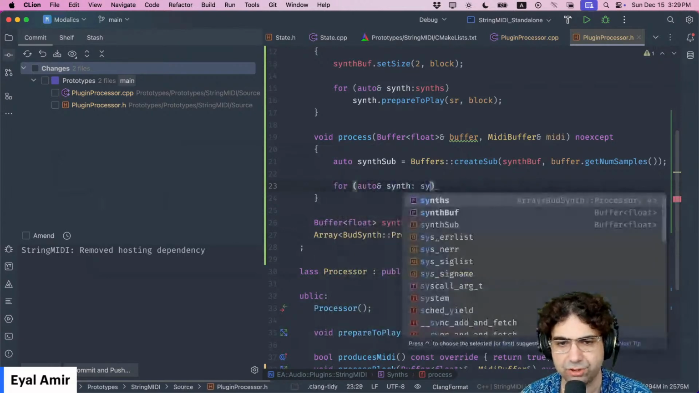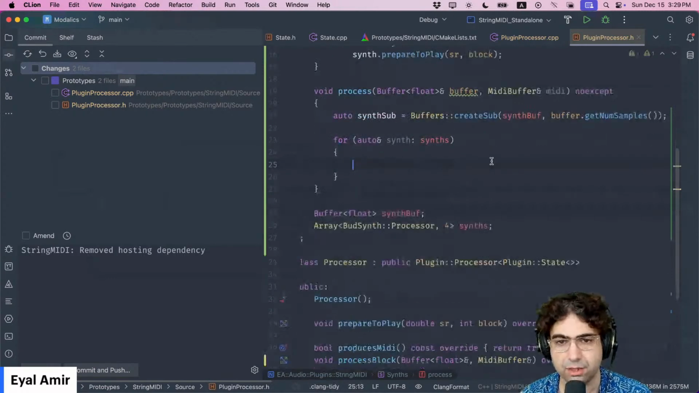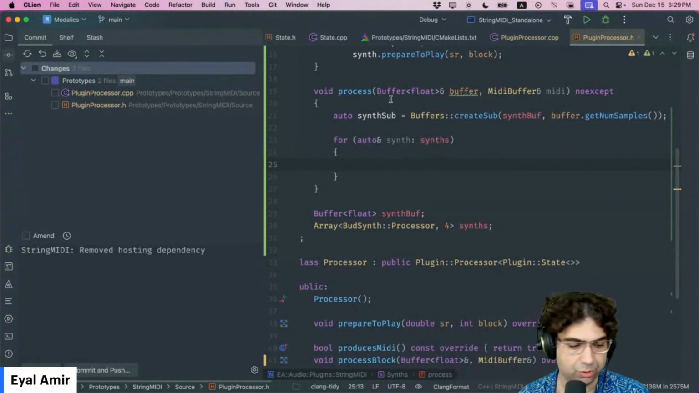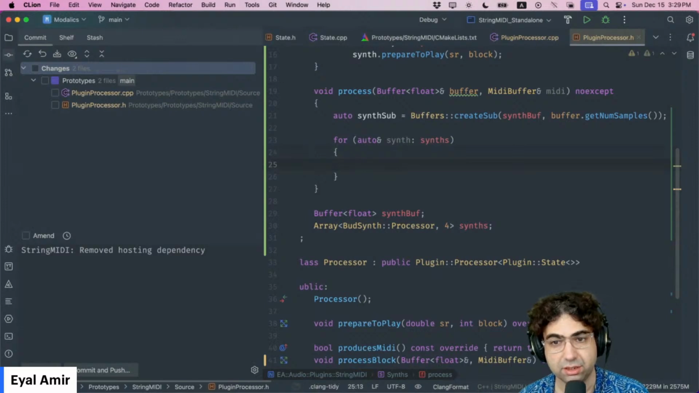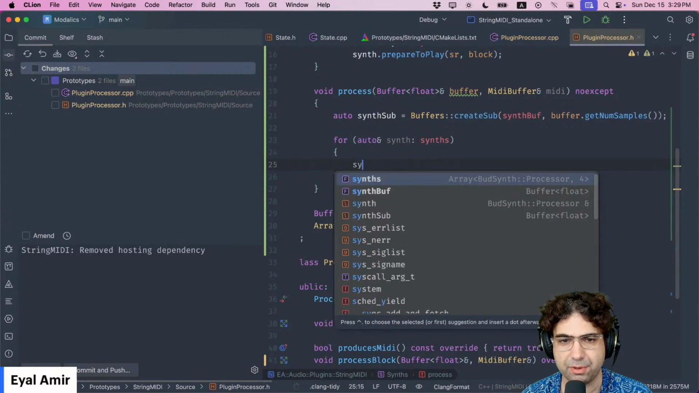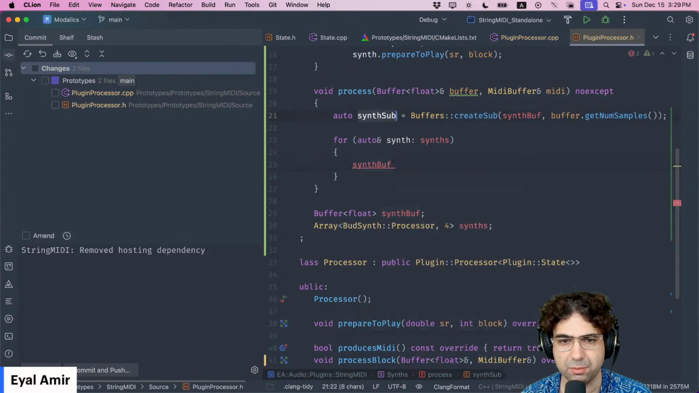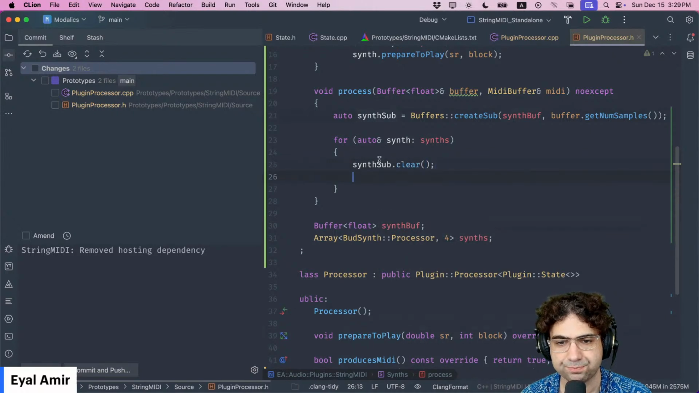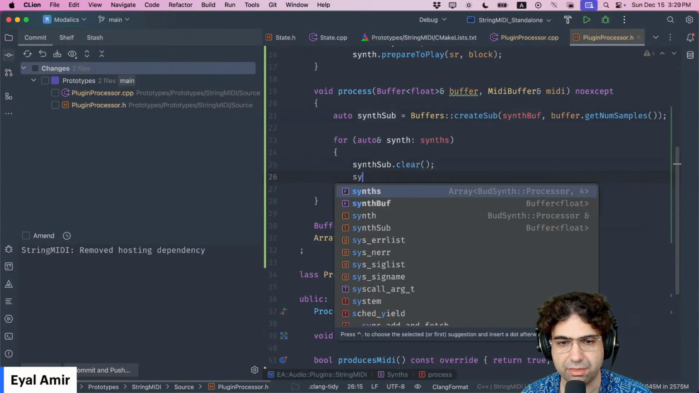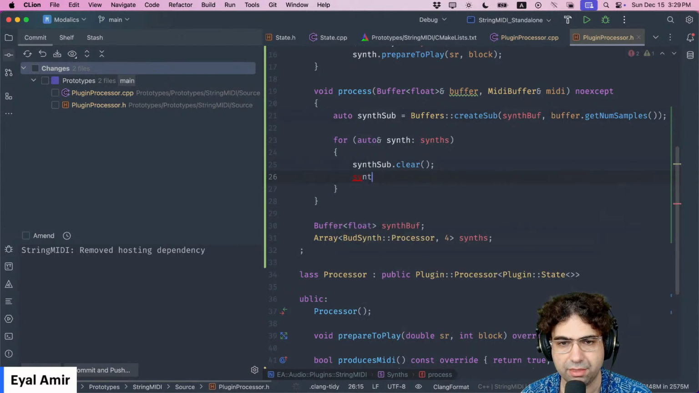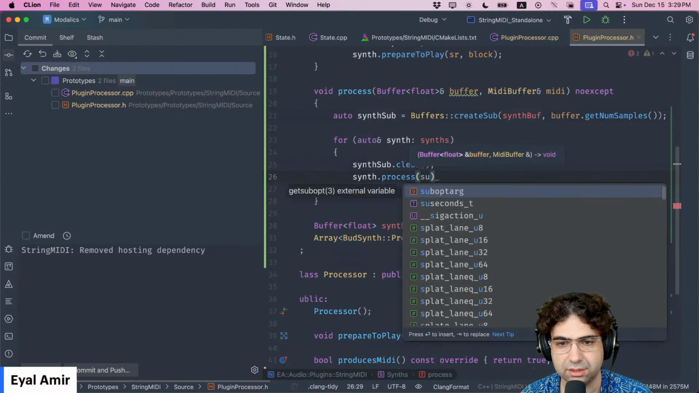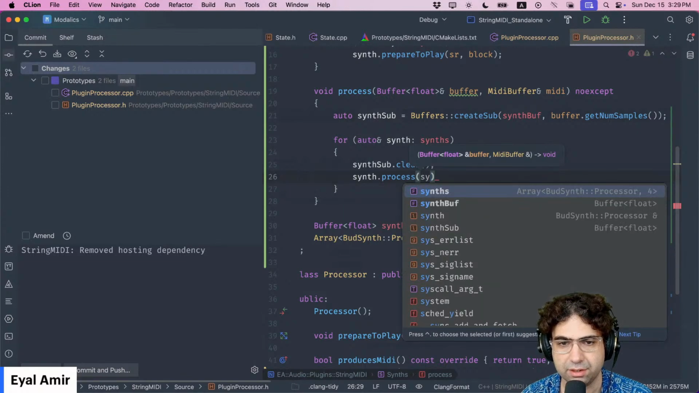It goes to each of the synths. For now I'm just going to layer the synths one after another, which is not going to be very interesting, but this will do other stuff very shortly. Anyway, what it's going to do is synth buff, oh, not synth sub, clear. Synth process, synth sub